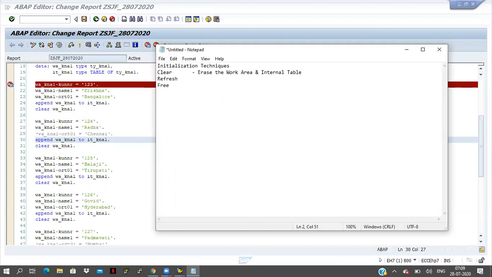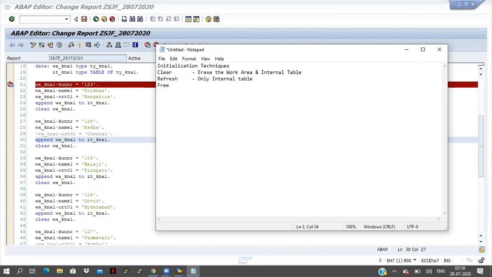It can erase the data from both the work area and the internal table. But refresh is only for the internal table, not for the work area. It won't work for the work area. Only internal table data it will erase.